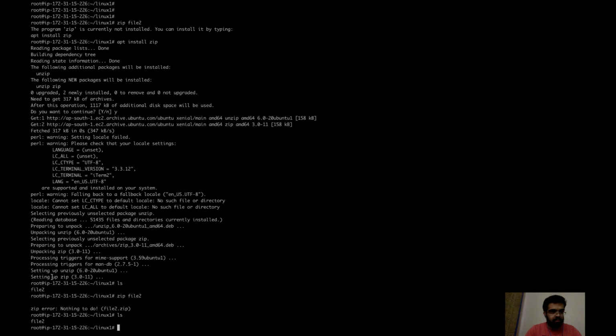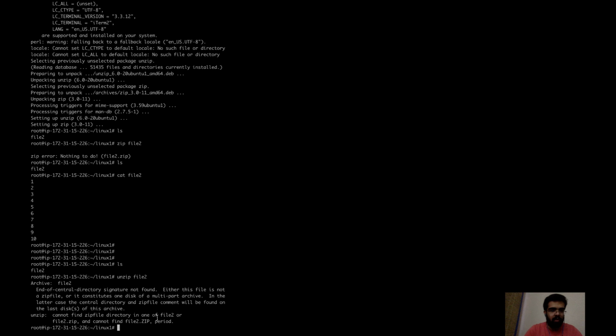There was nothing much in the contents of the file, so the unzip did not show much. Suppose we have thousands of GBs of files and we want to zip them. For that purpose we use the zip command, and for unzipping that file, we use the unzip command. So these were the basic commands.